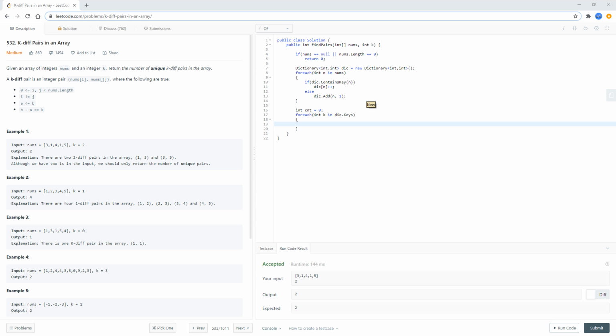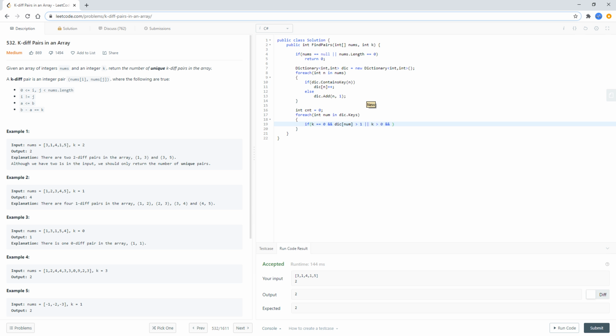Let's use num here because we want to use k. Okay, so two cases. If k is 0, and the count of the number is greater than 1, or k is greater than 0,